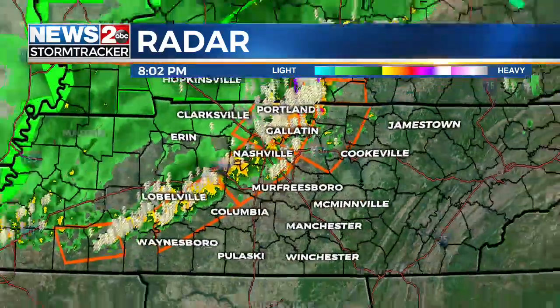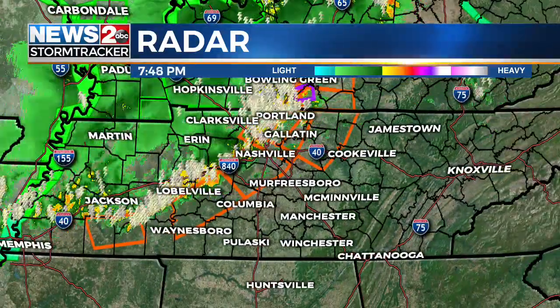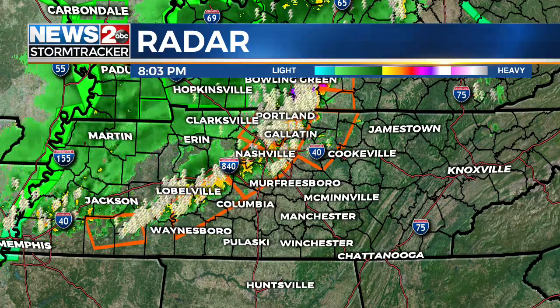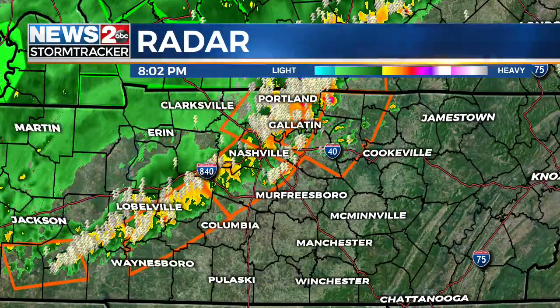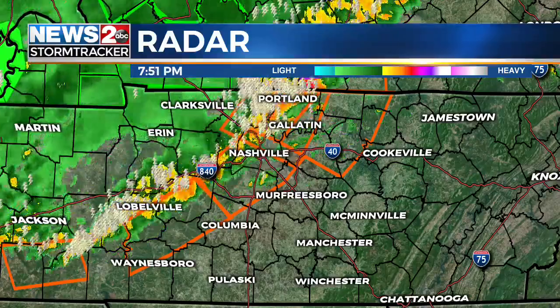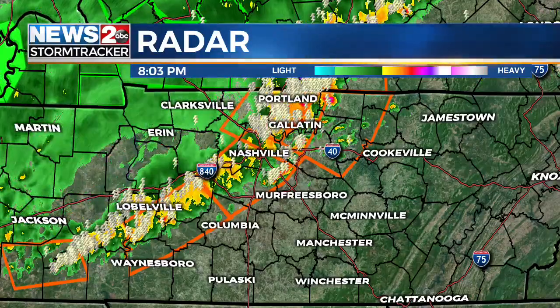So you can see these severe thunderstorm warnings now extend. I'll just try to name off as many counties as I can. The new ones now would be parts of Clay, western parts of Jackson, now Macon County. Also, as you can see, pretty much almost all of Wilson County except the far southern sections, Sumner County, and then stretching to northwestern parts of Rutherford County, not including Murfreesboro yet, but you will get the storms eventually in